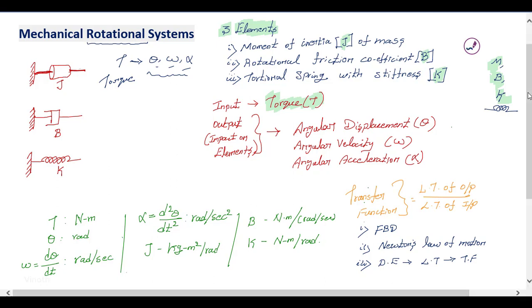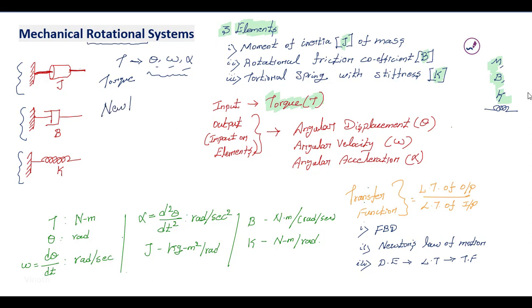See, the diagrams are shown here for the moment of inertia of mass, the damper element and the spring. These three elements are shown individually to understand the responsive torque when external torque is applied to the element, which is governed by Newton's laws of motion. Based on the type of element, whether it is mass, damper or spring, we have the responsive torques: angular displacement at the spring element, angular velocity at the damper element, and angular acceleration at the mass element.